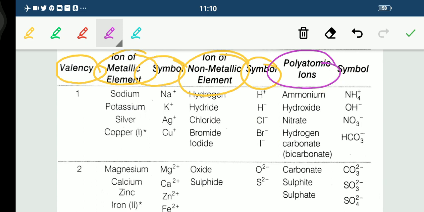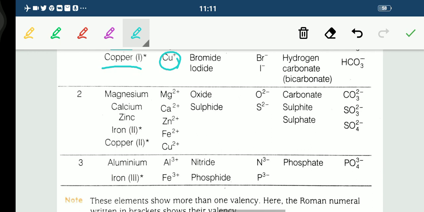Similarly, the polyatomic ions with valency 1 and these symbols. For example, sodium Na positive, potassium K positive, silver Ag positive and Cu positive. Copper and iron can show more than one valency. That is why these are shown like this, Cu2 positive